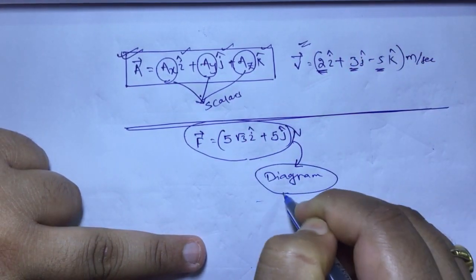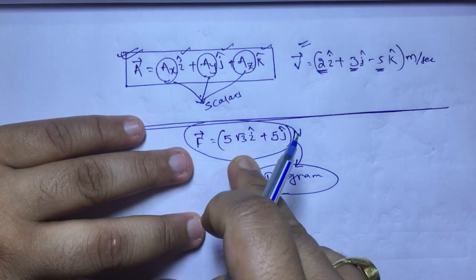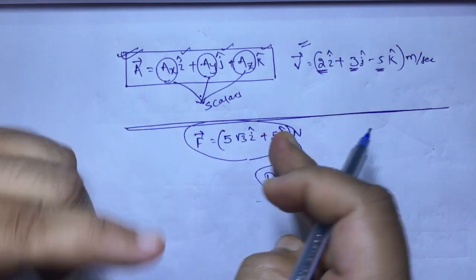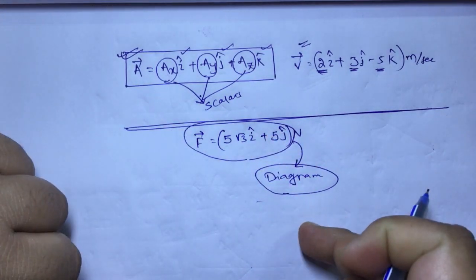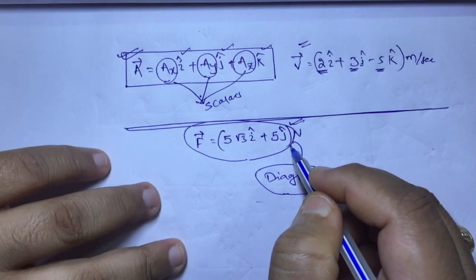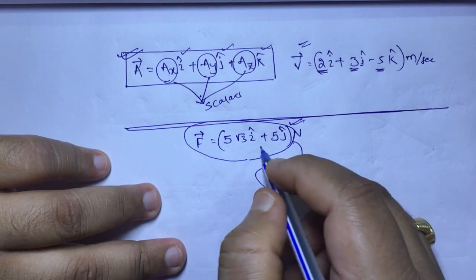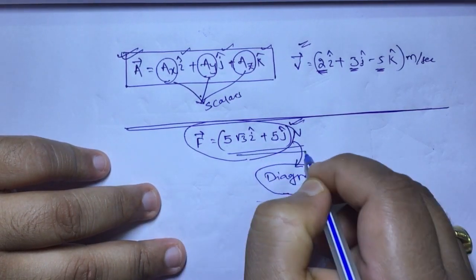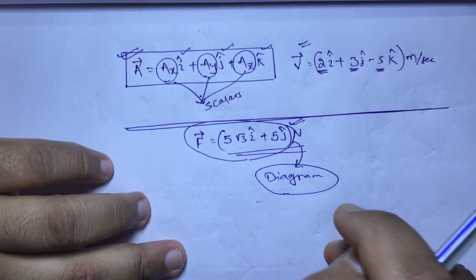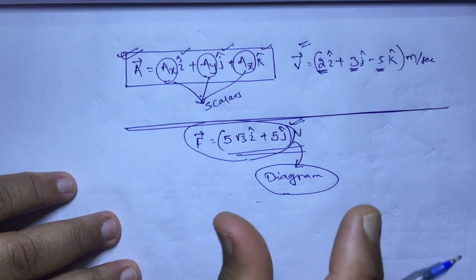In the last part, we did just the opposite thing. A diagram, or a vector with its direction, was given, and we were writing the mathematical form. Now, if a mathematical form is given, can we know what is the magnitude of the vector and what is the direction of the vector? Can we draw that in a diagram? Let us check. So before that we have to understand one more concept.